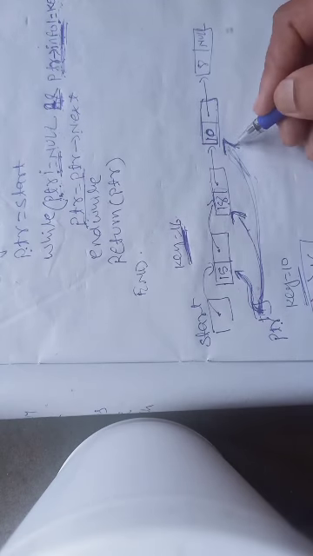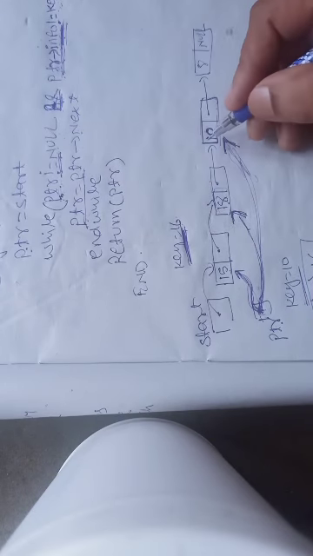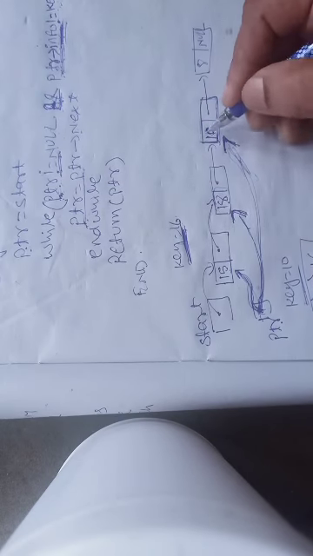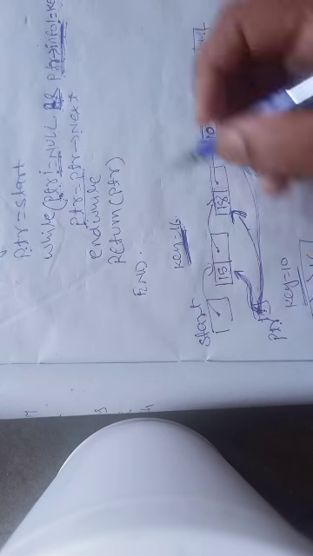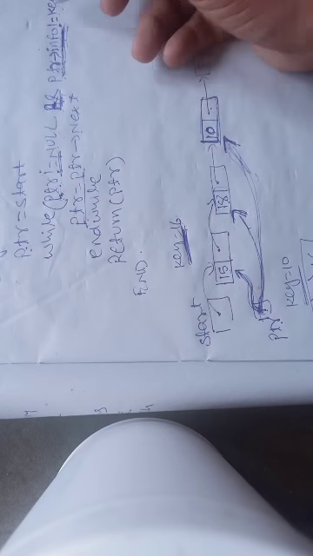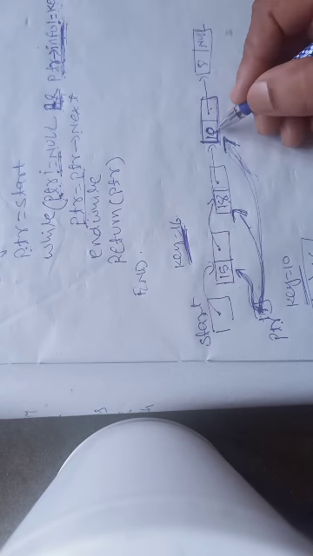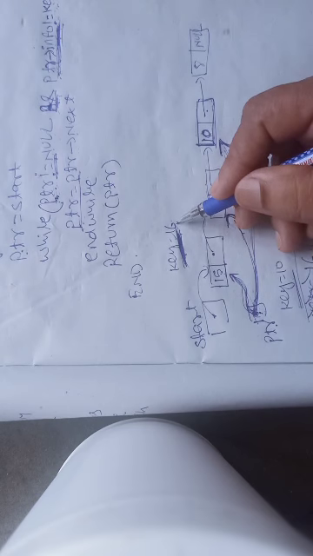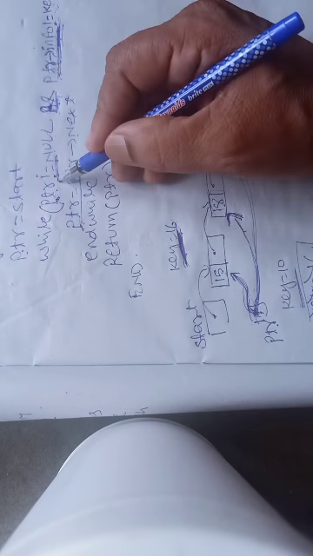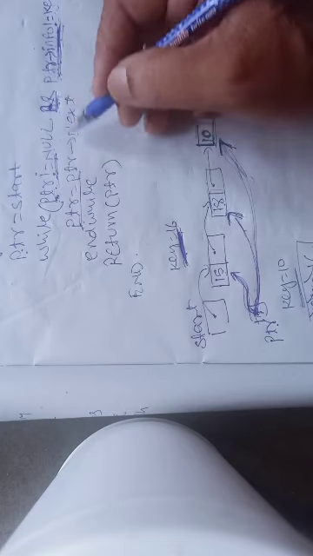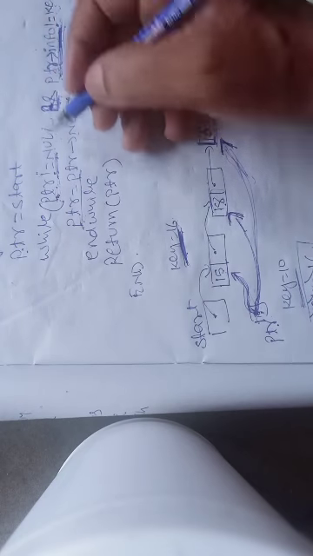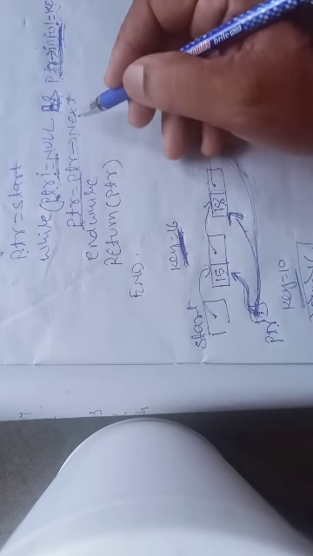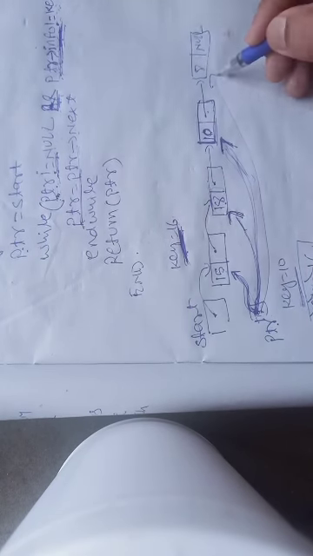Now when I reach the third node, again PTR not equal to null, yes, because PTR is pointing to some node, it is not null right now. And PTR of info not equal to key, yes, that is also true, because the data present here is 10 and my key is 16. Both are true, which means the total condition will be true. So the loop statement will execute again, and PTR will be updated to the fourth node.